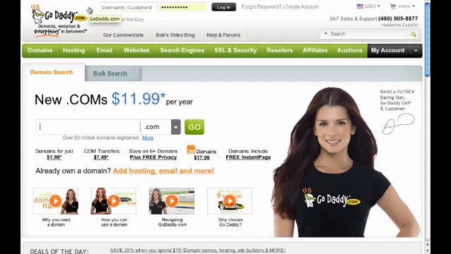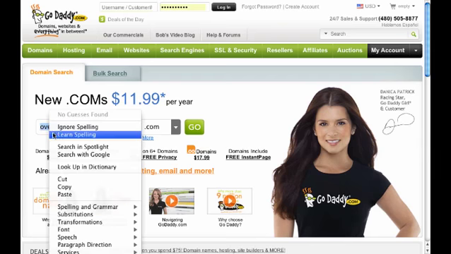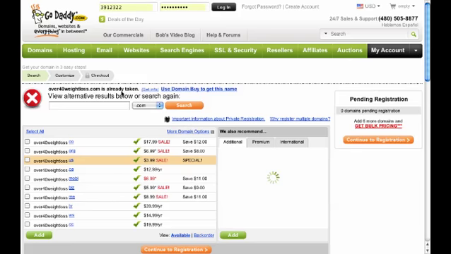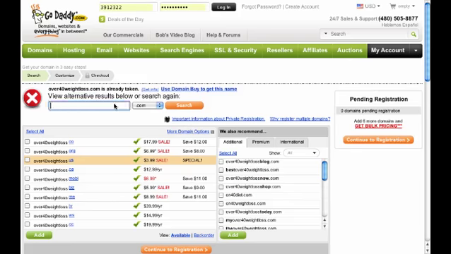All right, here we are over at GoDaddy. And again, I'm not asking you to buy here because domains are almost $12 right here, new .coms, and you can get them cheaper than that. But I like to use GoDaddy just as my place to check and see if this domain is available. So we said, over 40 weight loss, and I'm going to copy that because I'm going to want to use it again. So copy if this is not available. So over 40 weight loss, go. Okay, it's already taken.